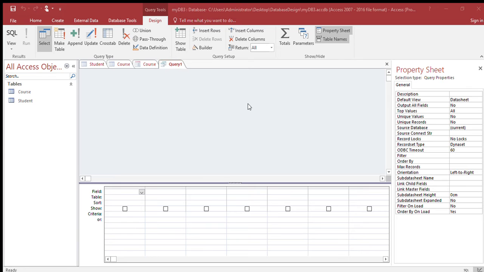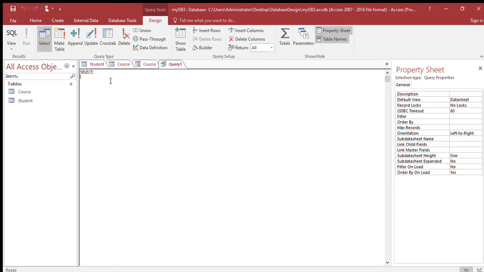Yes, this is what I wanted. So I wanted an SQL view. Okay, so select everything. So asterisk is if you want to select everything. So select star from students, from student,